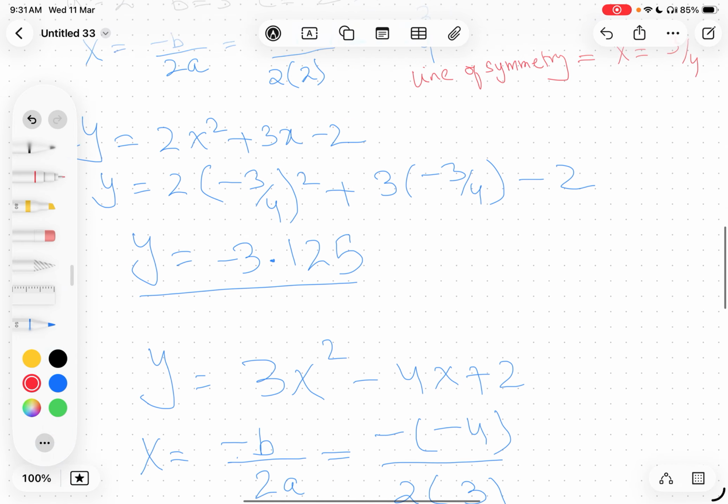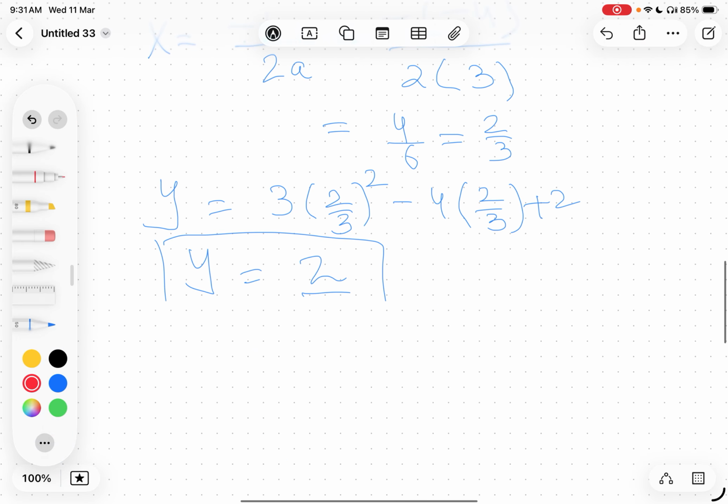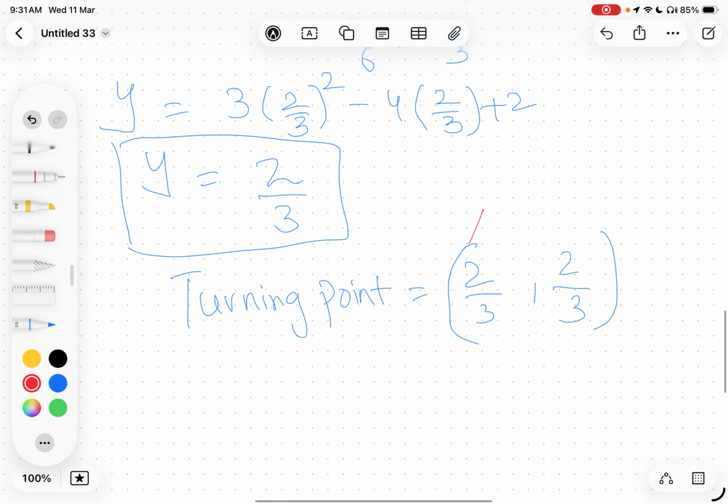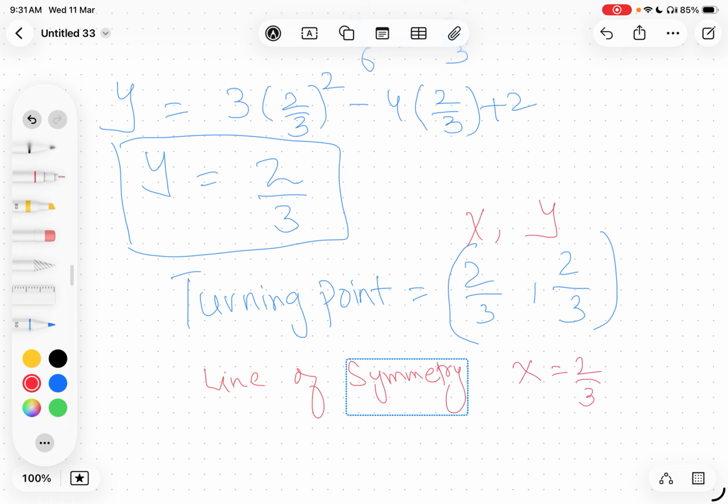And in our other case, in the second question that we have solved, you can see that this is your x coordinate and this is your y coordinate. So the equation of the line of symmetry is x is equal to 2 by 3. This is the simplest possible mechanism of finding out the line of symmetry and the turning point. You just have to simply use the formula for finding out the value of x. Once you have the value of x, just replace it in the equation. You will get the corresponding y value, and this will represent